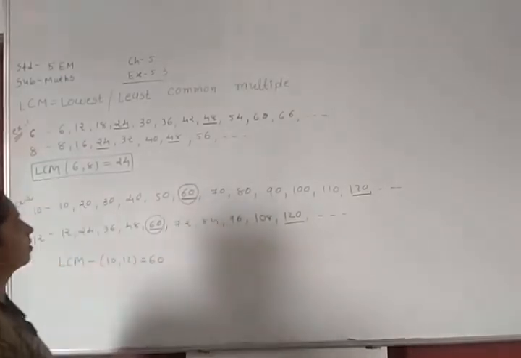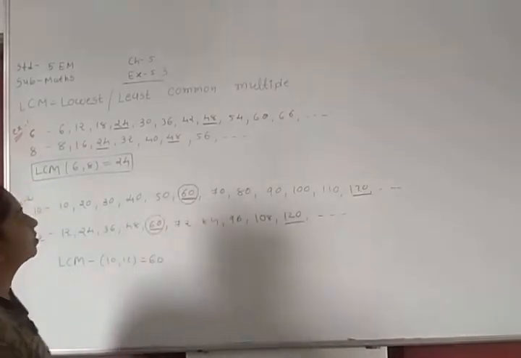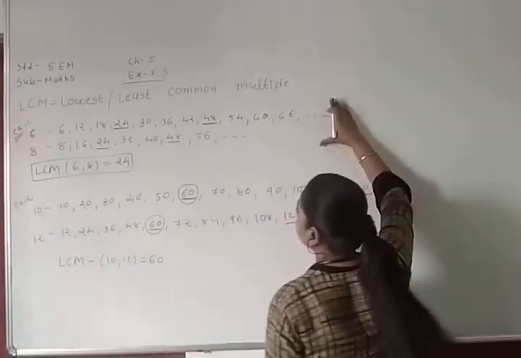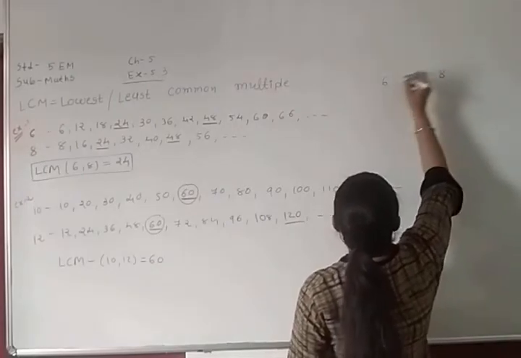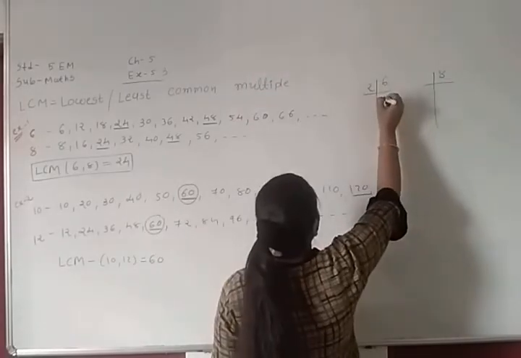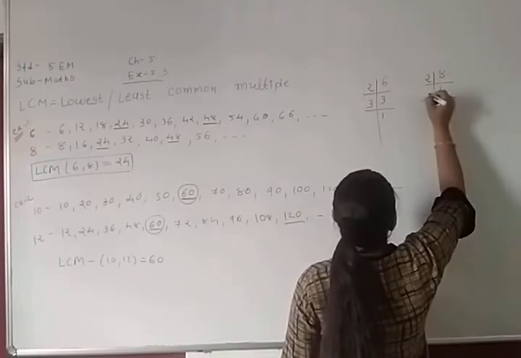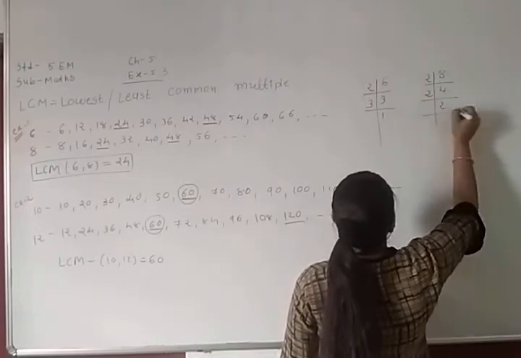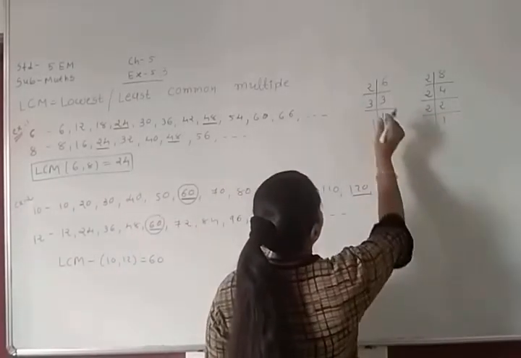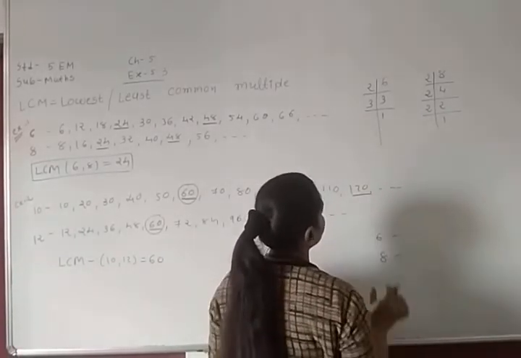તો આની બીજી પણ એક method છે. It is like HCF માં જેવું કરતા હતા એવી જ રીતે પ્રાઇમ ફેક્ટર્સ ની મદદથી તમે LCM ફાઇન્ડ કરી શકો. So let me explain it here. Numbers 6 અને 8. આપણે શું કરવાના? 2 3s are 6 and 3 1s are 3. 2 4s are 8, 2 2s are 4 and 2 1s are 2. Okay, now write the factors. Here I am writing 6 and 8. Which are the factors of 6?